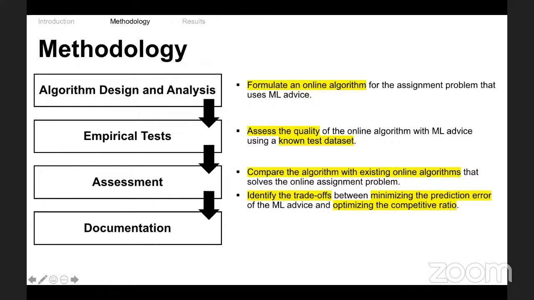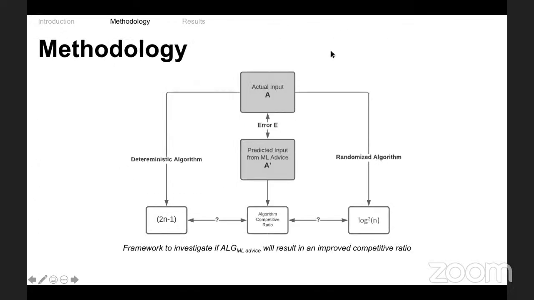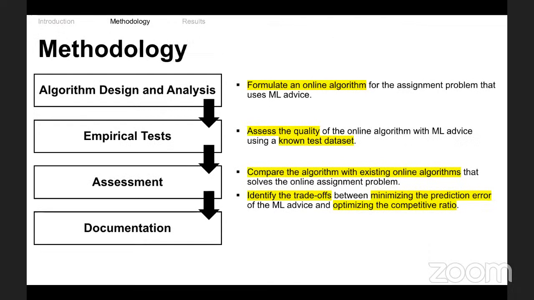For our methodology, what we will be doing in this paper is empirical testing in order to find out if this new approach using machine learned advice for our online algorithm for the assignment problem will work. So the process goes like this: algorithm design and analysis, then empirical testing, assessment, and then documentation. The next slide will show